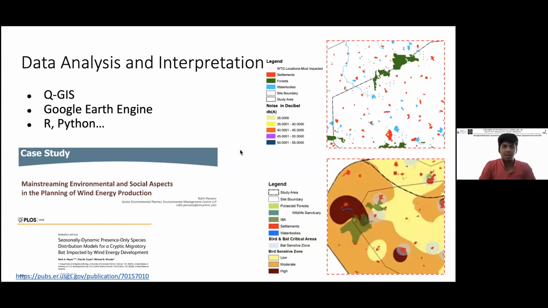Here below, you can see maps of, say, sensitive bird locations and bat locations that we surveyed in the field, and then we transferred onto a GIS system and extrapolated the data to check which locations are sort of no-go areas based on the diversity that is found there. So this kind of data analysis and interpretation is now very easily doable in free and open source software. And of course, with R and Python programming, it's become even easier.